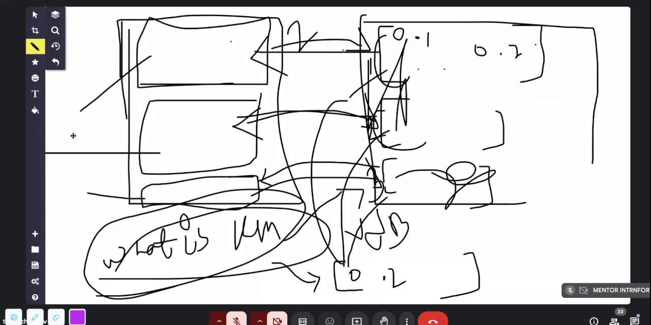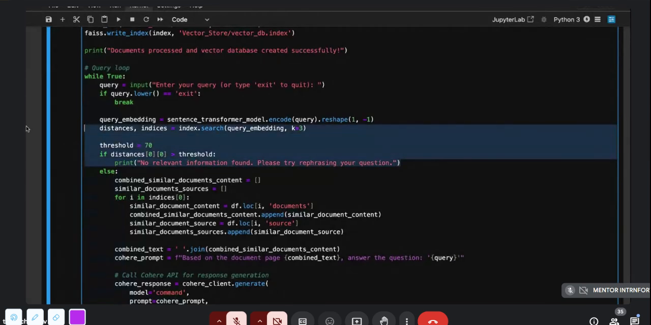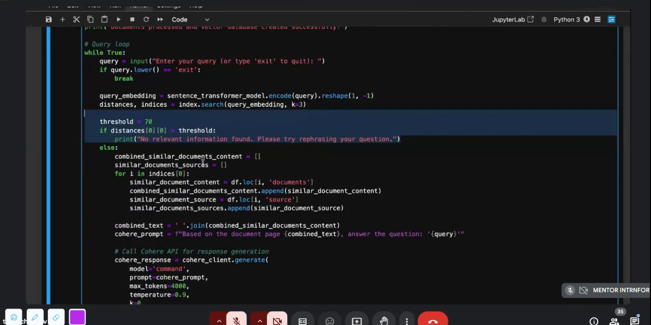See, I'm checking a threshold. I have given a threshold distance. The distance should be less than 70. Because if you don't give a threshold, then unnecessary things also will be written, right? Every time a paragraph will be written. So I have given a threshold also. If the distance is greater than 70, then: no relevant information found. Please try rephrasing your question. Else, if the distance is found,